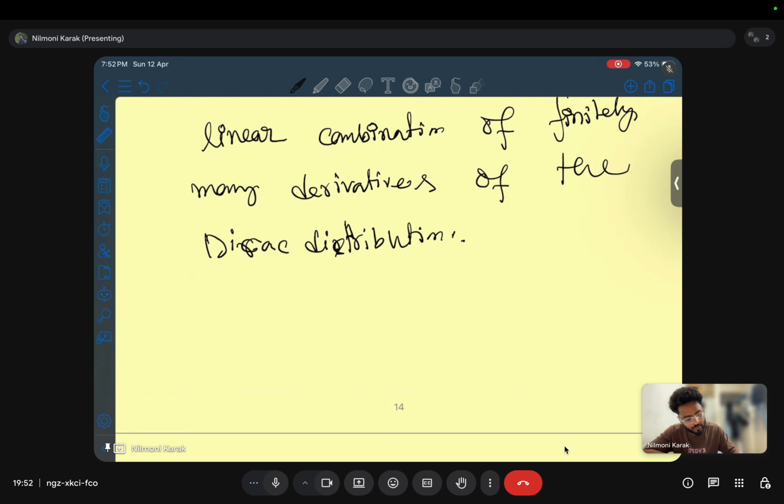That means, if support is 0, of course u should be a tempered distribution, u is the sum over mod alpha less than or equal to n of c alpha delta naught to the power alpha,